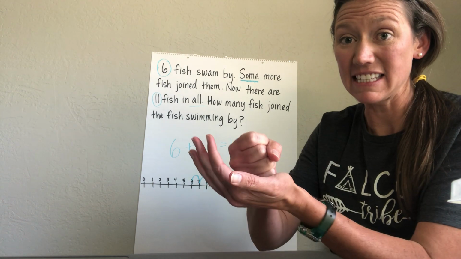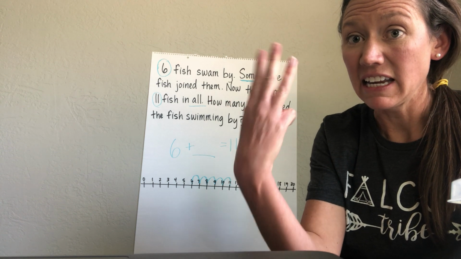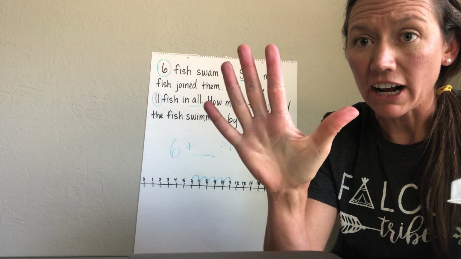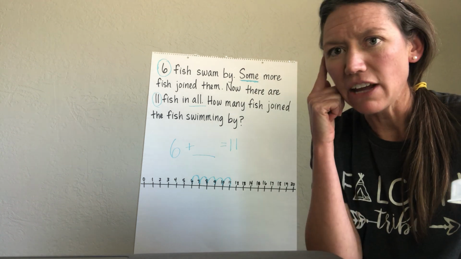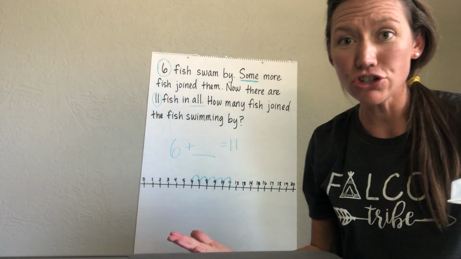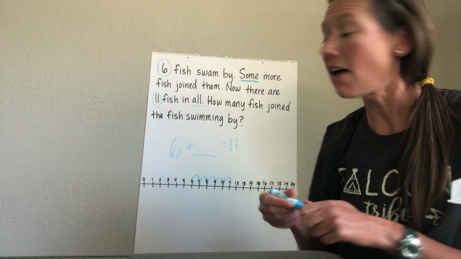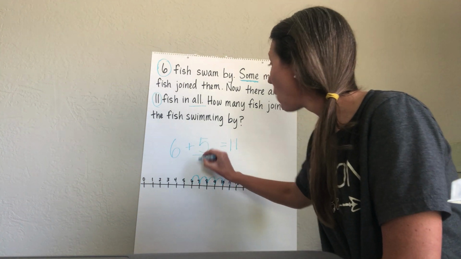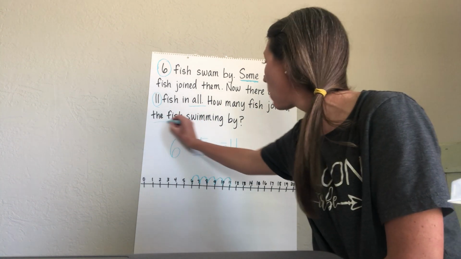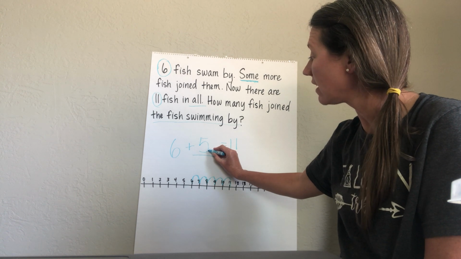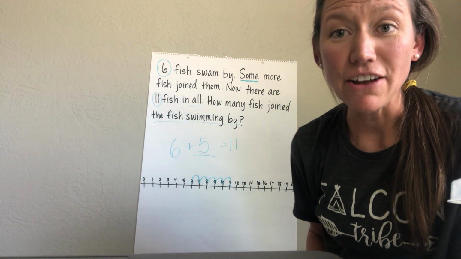I could start with 6 and then count up on my fingers so I got to 11. 7, 8, 9, 10, 11. I got to 11, and how many fingers am I holding up? That's right, 5. Okay, great. So that's 2 other strategies that I could use to figure out what is missing in this. And now we have solved that it is 5. The question was, how many fish joined the fish swimming by? That was the question. Well, we had to figure out that number, and it was 5. Okay? So that is how you do that type of